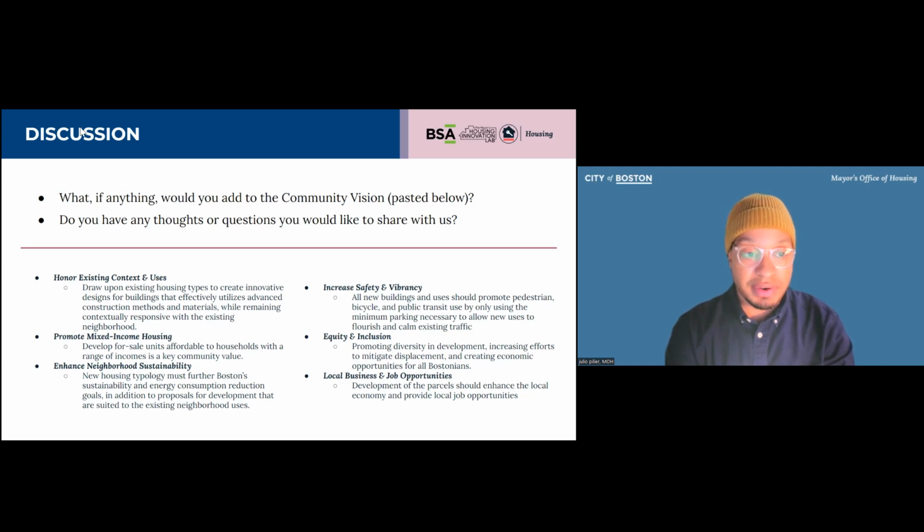And right now, I think we're at a pretty good spot in the sense that we know the neighborhood wants affordable home ownership. The feedback has also been that there has to be a mix of incomes. It can't just be a concentration of affordable home ownership. So there isn't a set percentage. We want to leave that a little bit open.